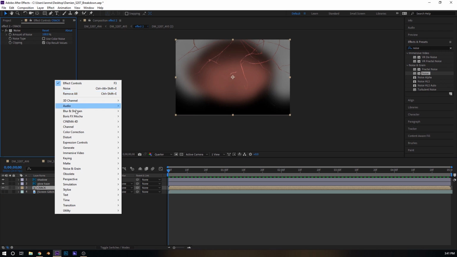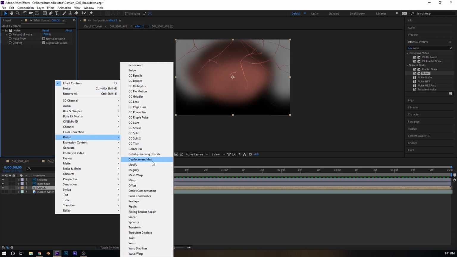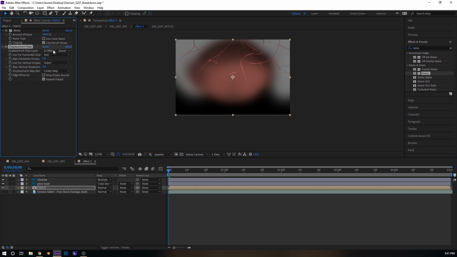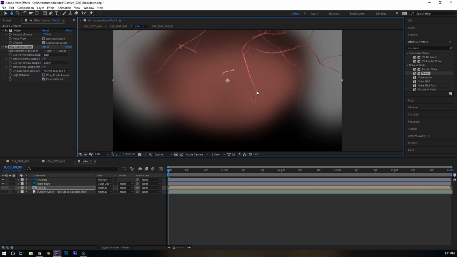And we are going to go into here, we're going to go into distort, and we're going to go into displacement map. And so the displacement map is going to use the screen glitch effect in order to move the crack. And we can already see that the screen itself, the crack itself, is moving in the way that we like. It's jittery, it's uncomfortable, it's sort of unnatural in the way that a lot of technology is, in the way that it moves,